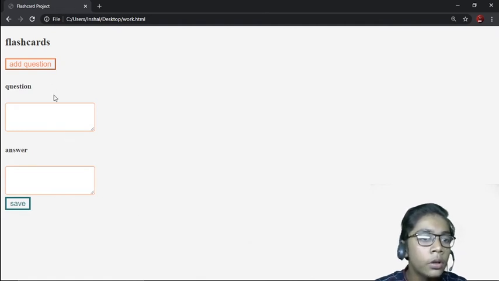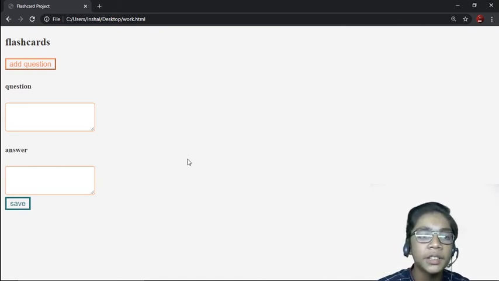So you can see how easy it is to make a flashcard project in JavaScript. I hope you understand this project, and I hope you enjoy it like you enjoyed my previous JavaScript project. You have to practice all these projects we are running, and I hope you will be a good programmer of JavaScript also, like you are of Python, HTML and CSS.